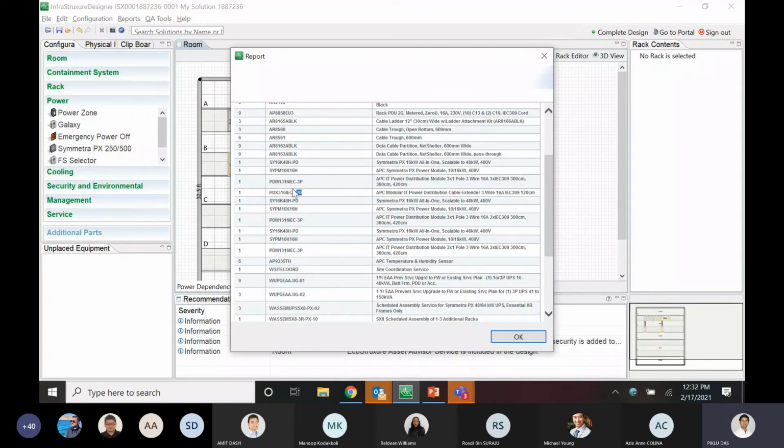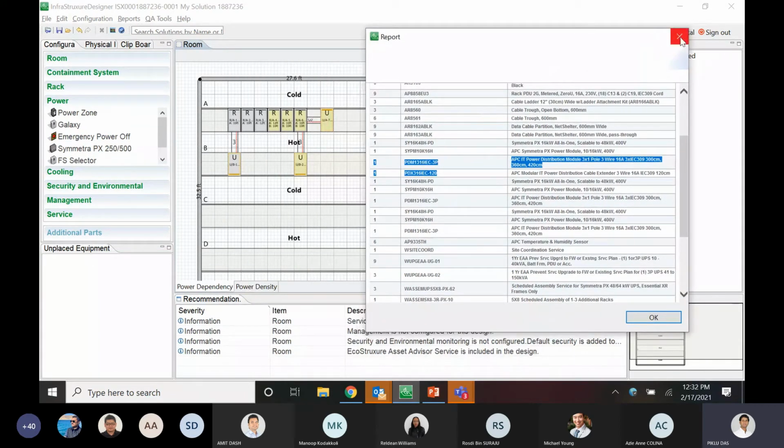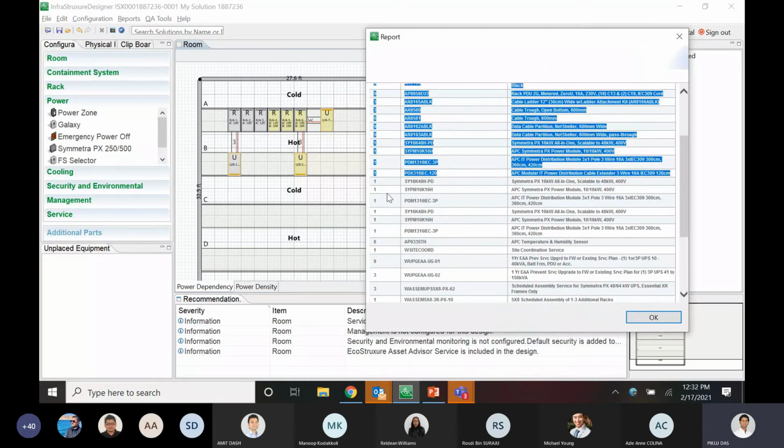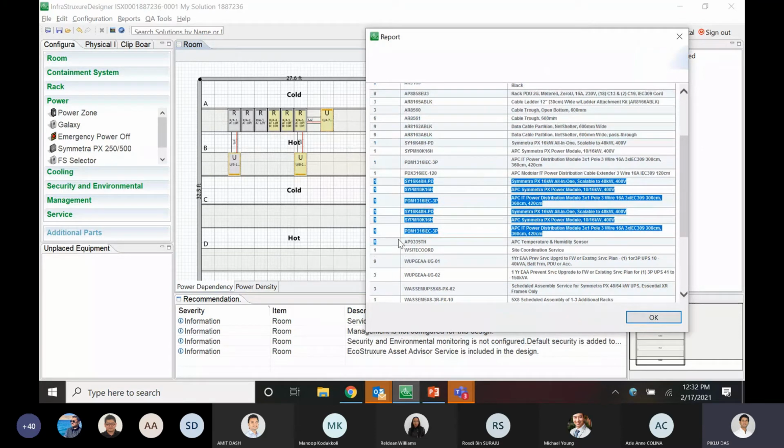This is totally based on the calculation happening in the background, and the algorithm used for the whip calculation will always go for the shortest route, and based on that we provide the whip SKUs. We can also see the SKUs for this dual redundant UPS, where there is the whips calculation for this also.